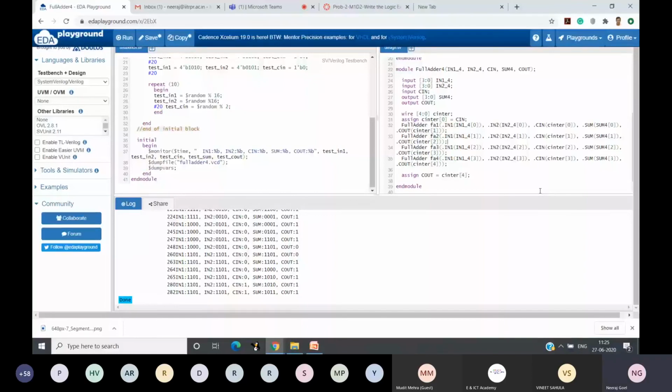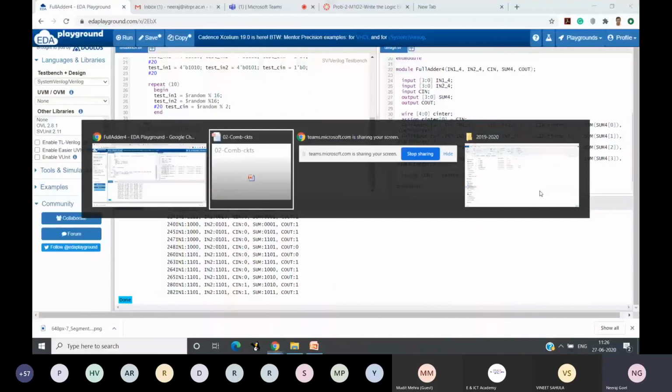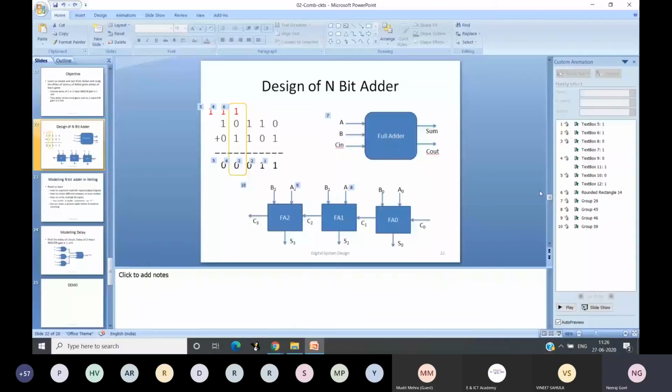Similarly, there could be thousands of blocks which can be instantiated. Once we have created a Verilog module, that Verilog module can be used further to instantiate any number of instances. The difference between one instance and another would be what input and output it is connected to. Okay, so if we create a diagram like this, then it makes things easier for us to see which input should be connected where. So for example, C0 was connected here, C1 was connected here.